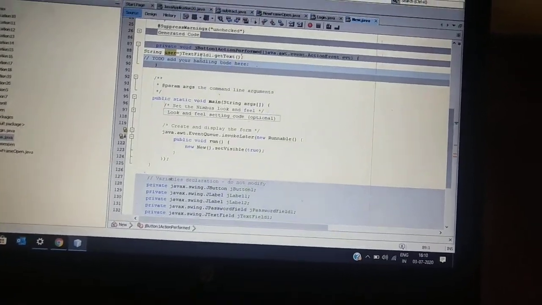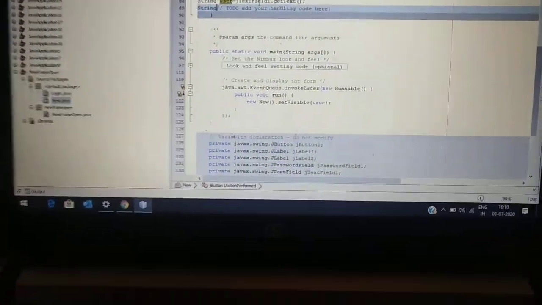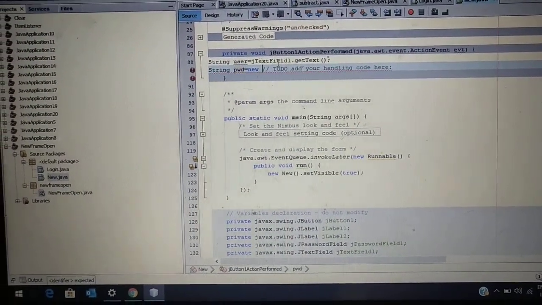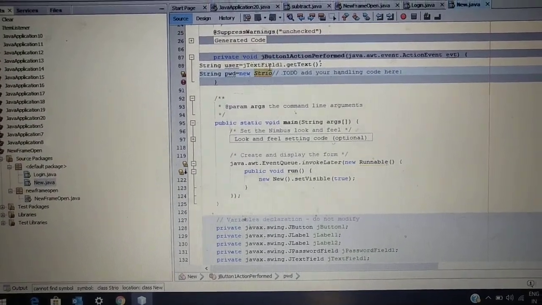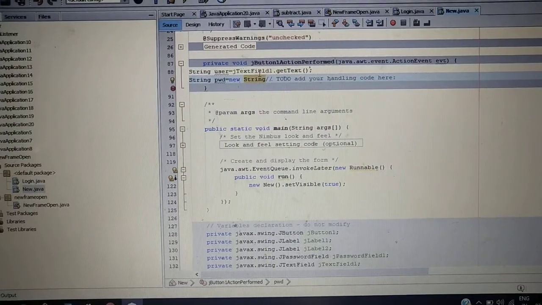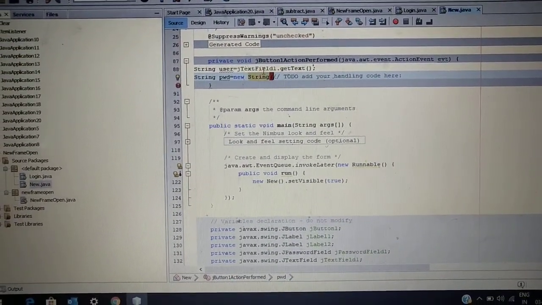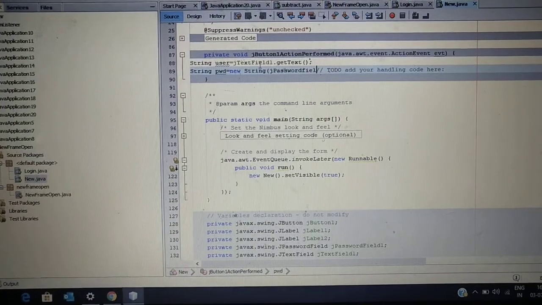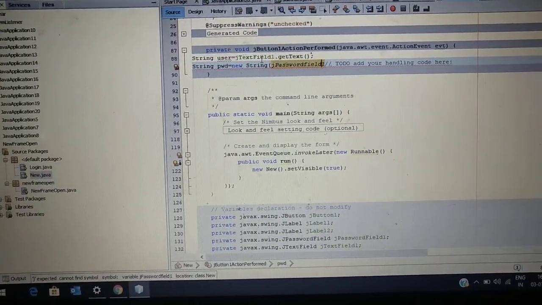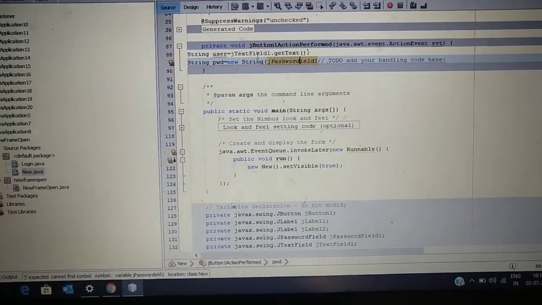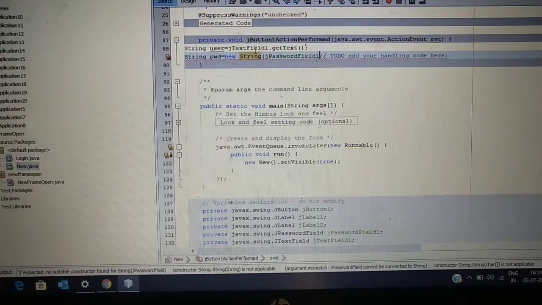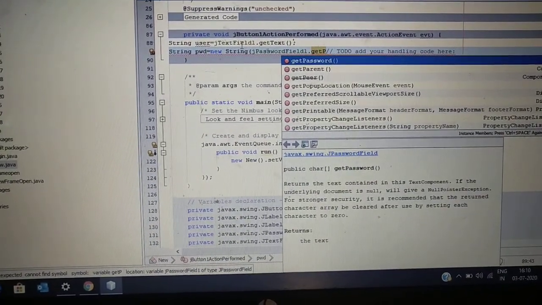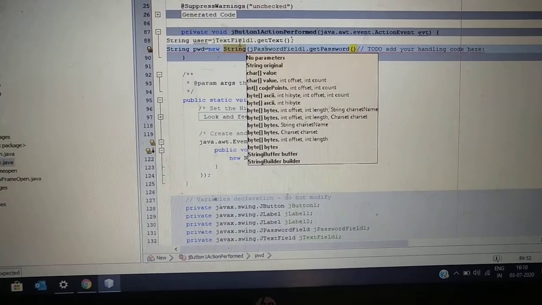Similarly, we also want to read the password. So now we'll create another string, pwd equals new String, jPasswordField1. Sorry, the F should be capital: jPasswordField1 dot get, and here you don't write getText, you write getPassword.